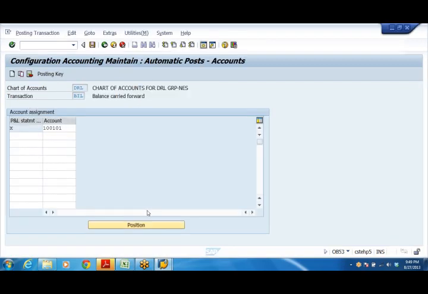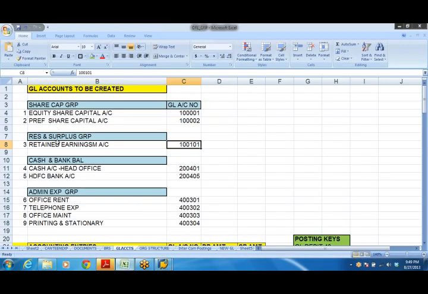Now similarly, I want to create cash and bank accounts, office rent account, etc. For the time being, cash account is not required, because for cash account we have a separate topic called cash journal. At that time we'll create it.